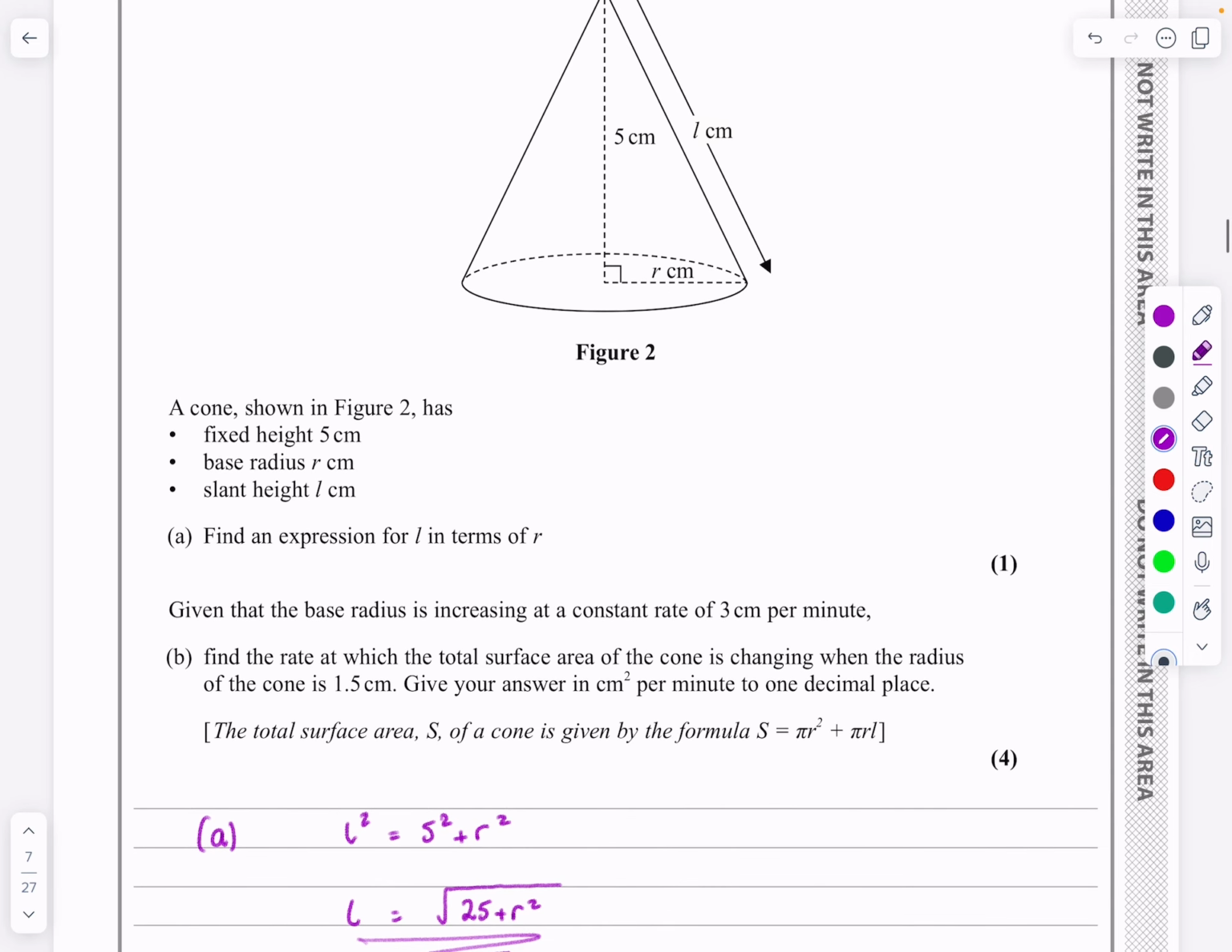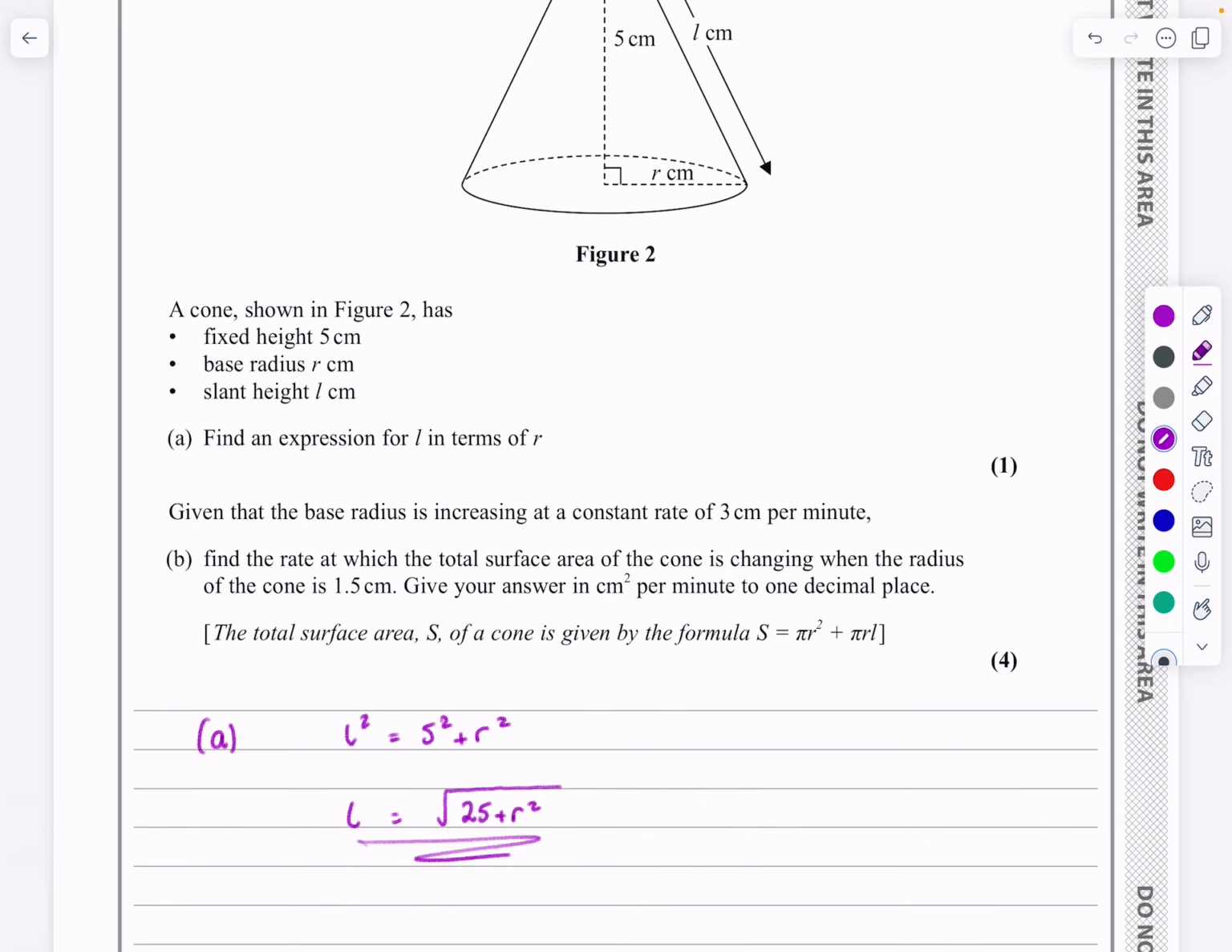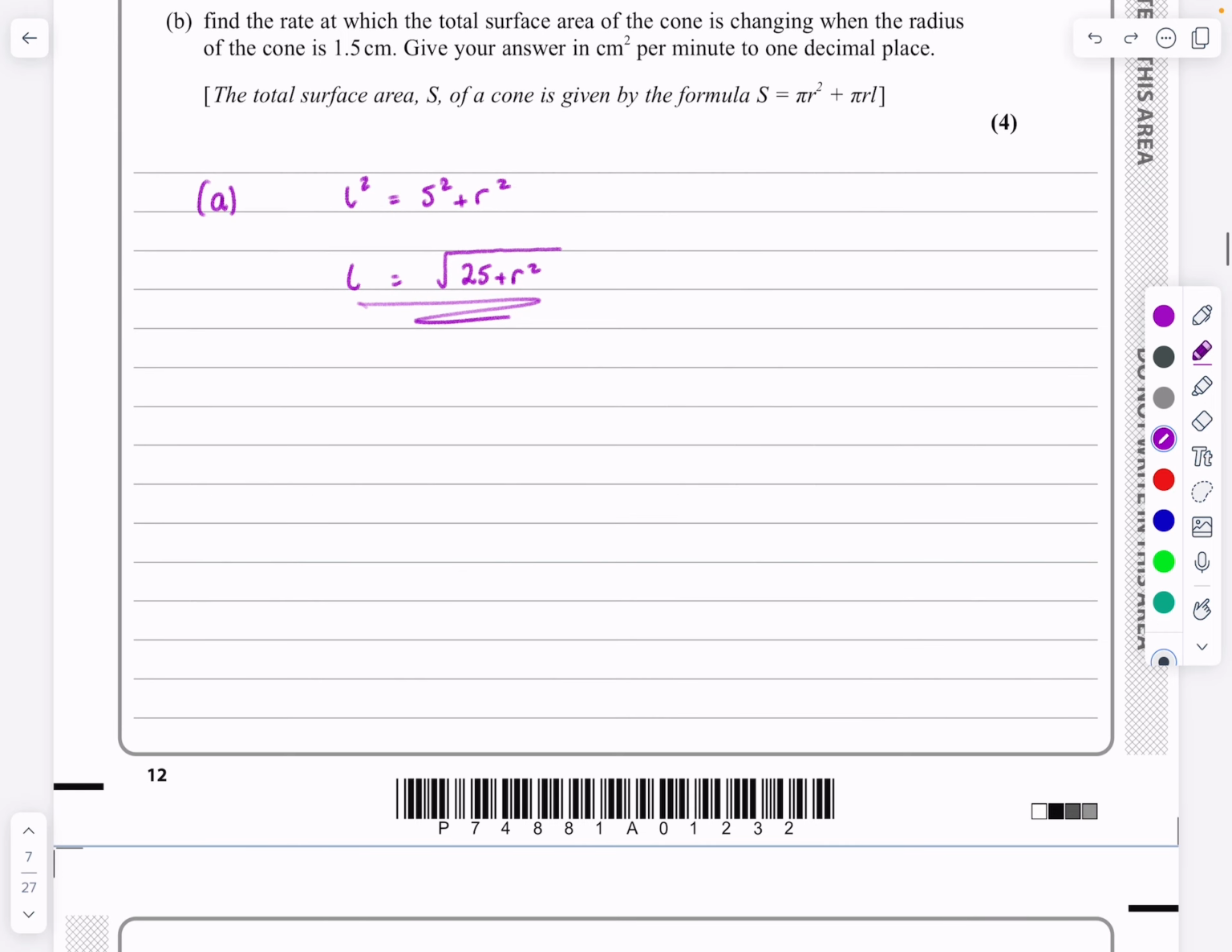Part B says, given that the base radius is increasing at a constant rate of 3 centimeters per minute, so that's dr by dt, can we find the rate at which the surface area changes? So can we find ds by dt? And then it tells me that we'll be doing that when r is equal to 1.5, and also down here it tells me the formula for S. So part B,